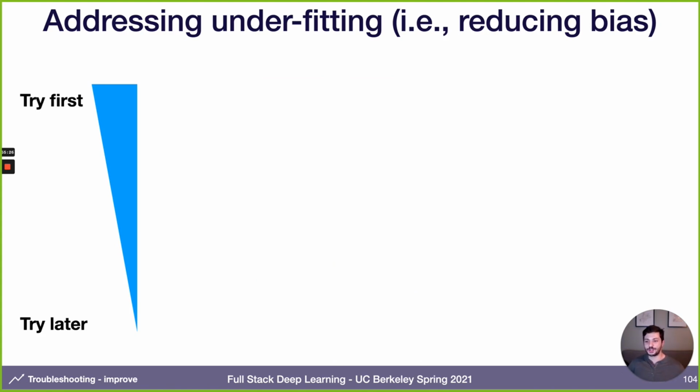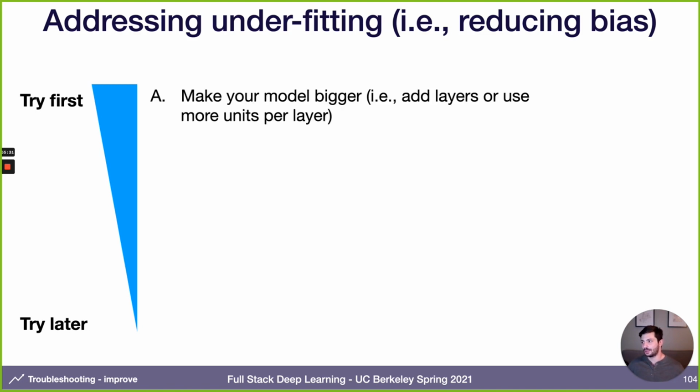And here are some strategies that you can use, in the order that I would recommend thinking about them. The first thing, the simplest thing, and in many cases the thing that's most likely to be successful, is just make your model bigger. So add layers, use more units per layer, and increase the capacity of your model. You can also consider reducing regularization. If your model is over-regularized,